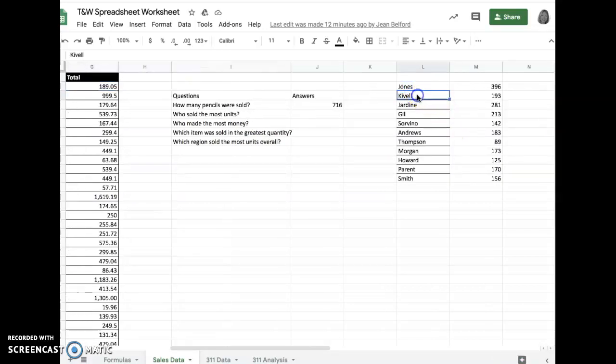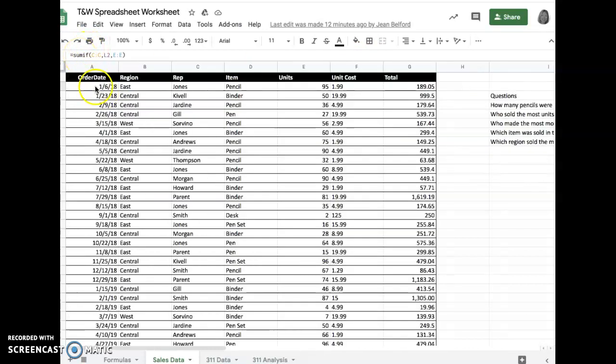We have the names of all of the representatives, and we want to figure out exactly how many units, how many items, they sold. So what we're saying is, for Jones, we're going to SUMIF. This is the entire column of C. So we're going to sum it if we find Jones here. This is what this formula means. If we find Jones here,